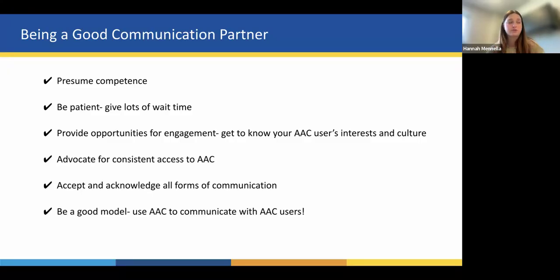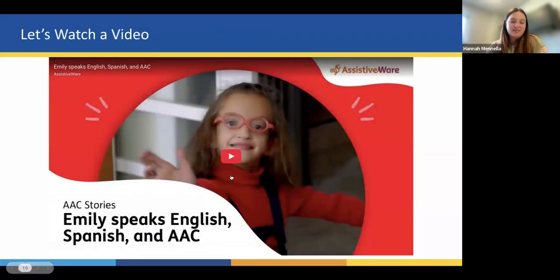As we think about how our typical students learn language when they're babies, they're soaking up all the language around them like a sponge. We want to provide that input from an AAC user communicating on their device that they can soak up like a sponge and then come back and build those skills. Okay, I have a quick, cute little video of a multilingual AAC user just so you can see what this looks like.